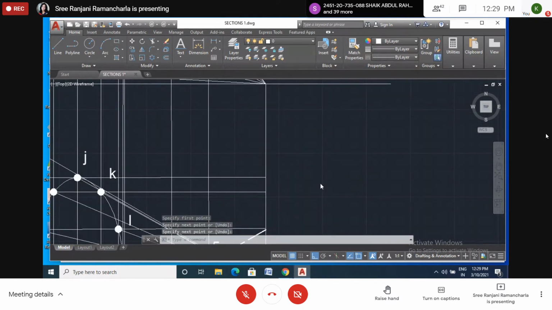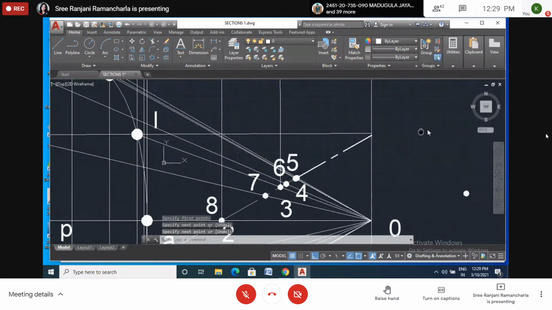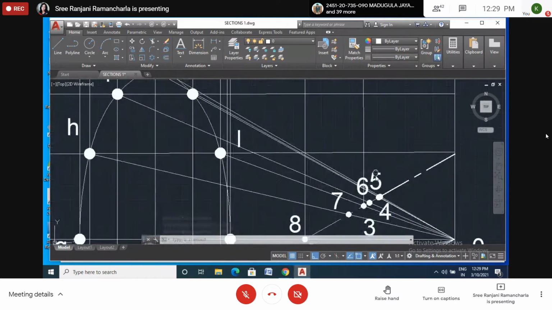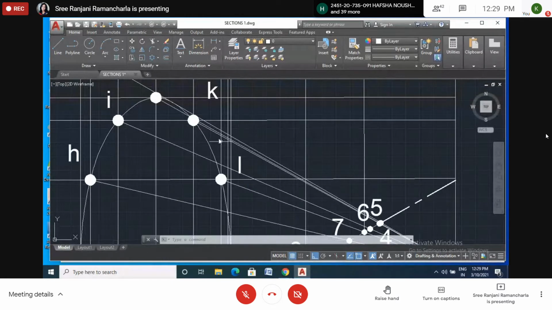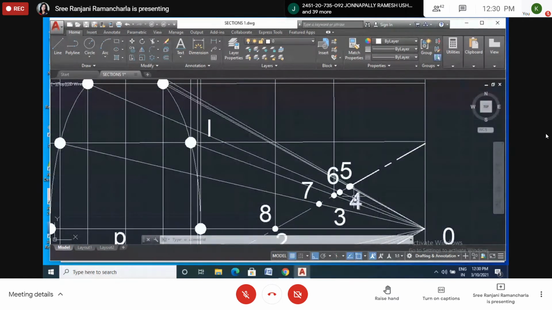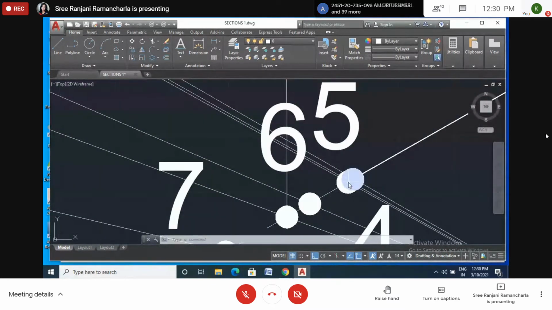And where is 4? KO, ma'am. KO. So please look at the KO line. This last one out of these 3 is the KO line. Go to that line, and there are 3 points here. Please zoom in, and select the one which is very near to that line. This is one more, I think this is not correct. Here somewhere. See here, this is correct. So from here you have to draw the line.